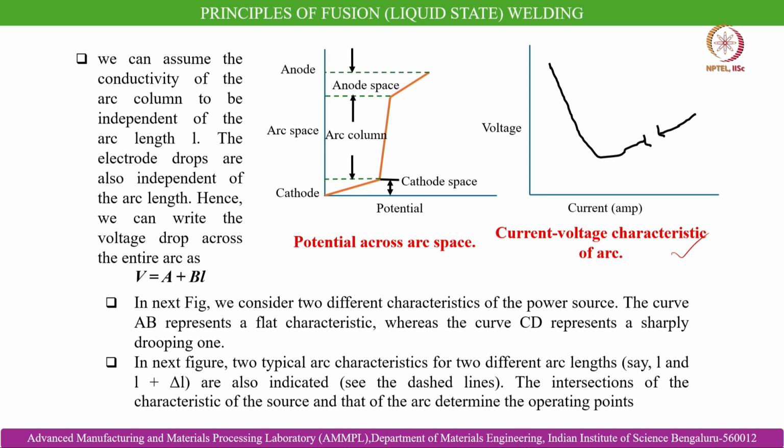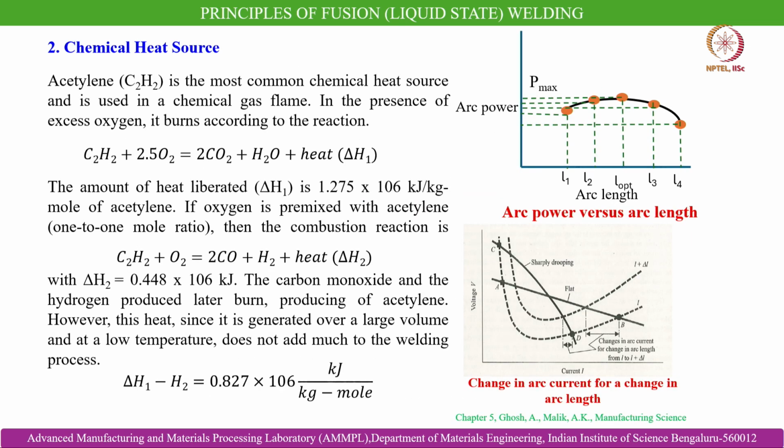From this slide it is clear that in the current voltage characteristic of an arc, if you increase the current, then the voltage drops up to a certain extent, and then there is a break even point. This is basically the break even point. After that, if you increase the current further, then there is a spike in the voltage again. So, here from this